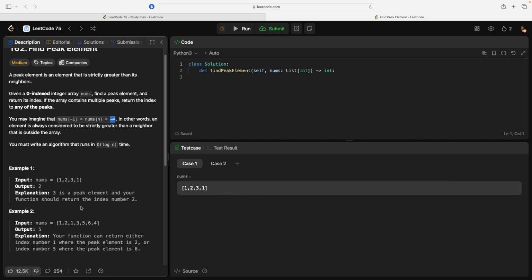Well, let's think about it. We know we can do O(n) time. O(n) time is easy, because you could just go through left to right and stop once you find a greater